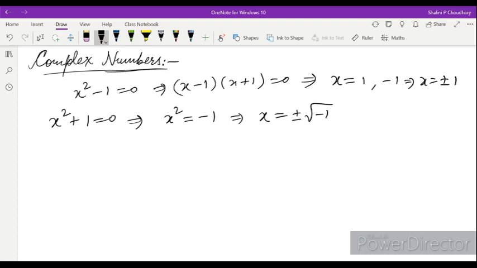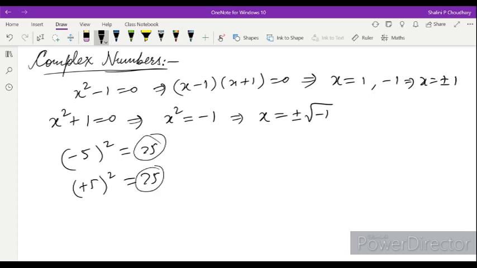As we know, the square of any positive or negative number is always a positive number. That is, when we are squaring any negative number, like minus 5, its square will be 25, and plus 5's square will also be 25. Any negative or positive number we take and square, we always get a positive number.